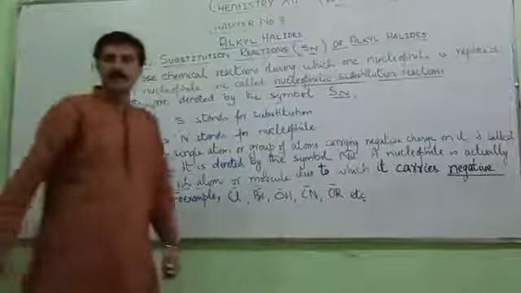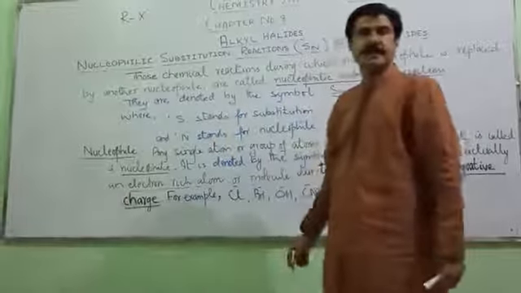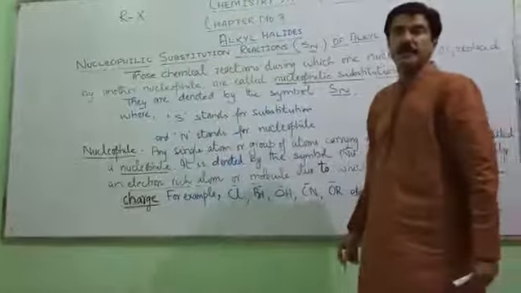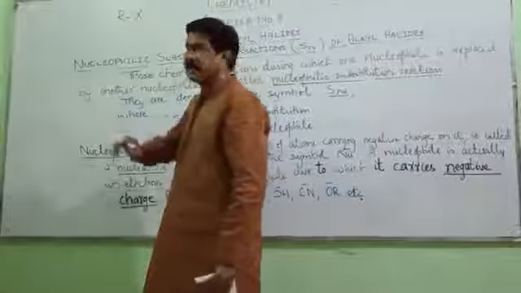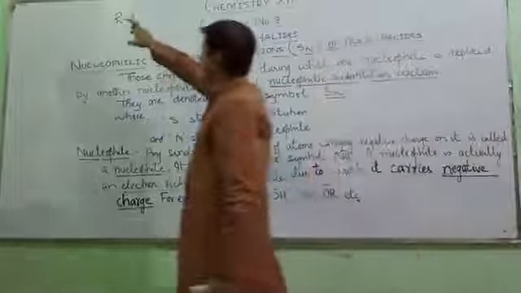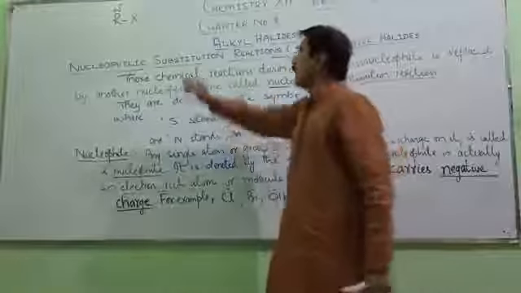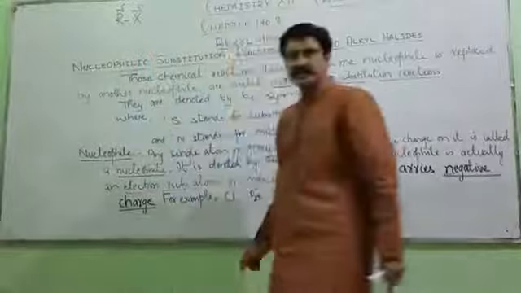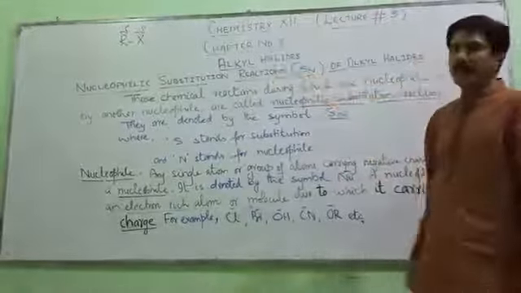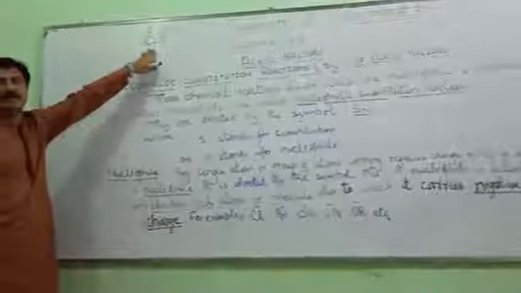Now you must know that in alkyl halides the general symbol used is R-X, where R represents the carbon chain and X represents the halogen atom. You must be knowing that in terms of electronegativity, carbon is a much less electronegative atom than the halogens. So being less electronegative, the carbon chain possesses a partial positive charge, while the halogen atom possesses a partial negative charge. And this polarity of the R-X bond is responsible for the reactivity of alkyl halides.